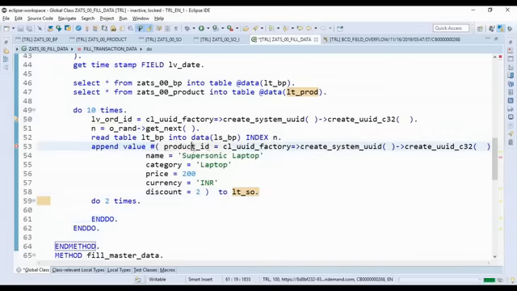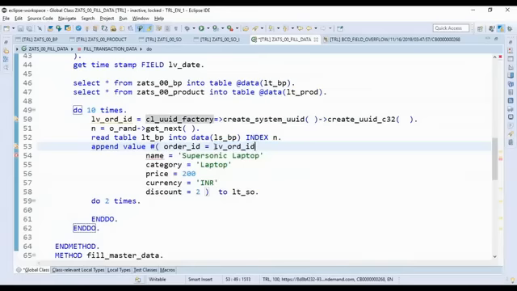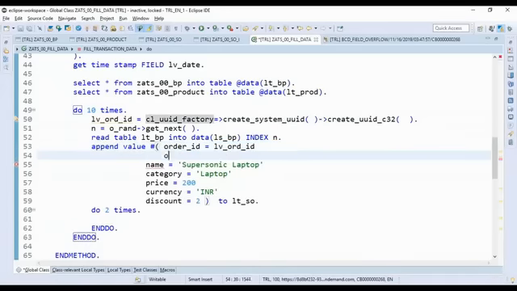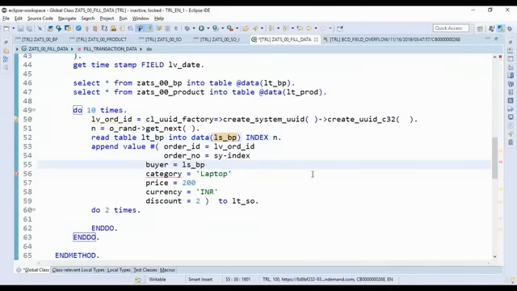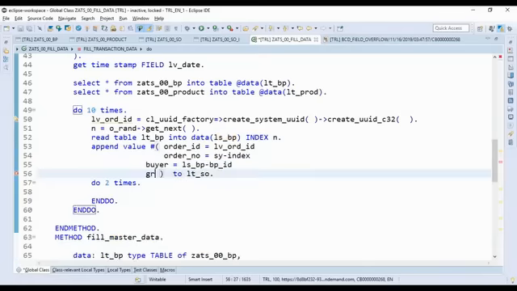So we are preparing this. Now we will have order ID, which we had just generated here, a new order ID. Just pass that here. We will pass order number, which is going to be this psi-index. Then we will pass who is the buyer of this order, and you just saw that we have produced a random buyer. We picked up a random buyer with randomization. We pass the buyer ID,